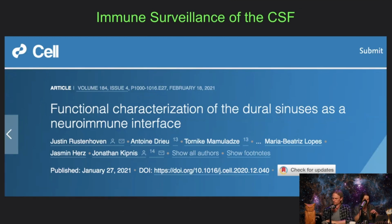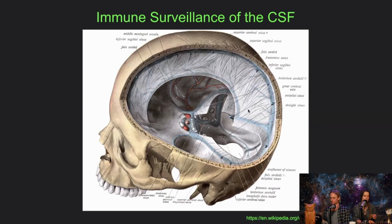The interface between the immune system and the brain, though, was not really discovered until relatively recently. This is a paper from February of last year, where they pinpointed the location inside of the dural sinus, which is where you get the most immune surveillance, and where the immune reaction of innate and even adaptive cells kicks off before moving throughout the entire brain. And this is a schematic, I think from Gray's Anatomy or something like that, which shows you that the dural sinus is this vessel that runs through the entire